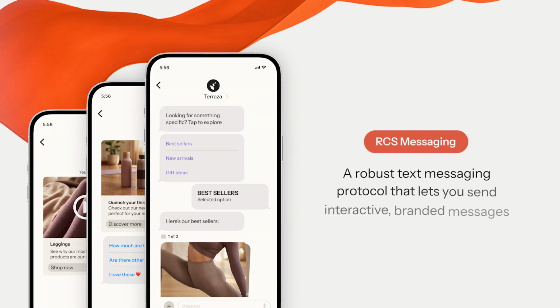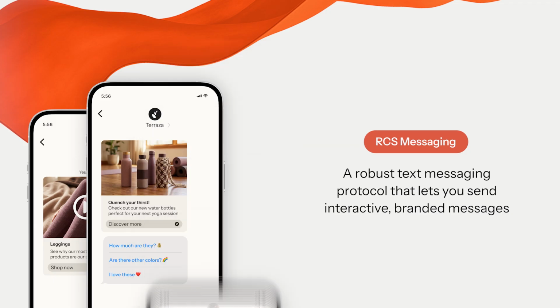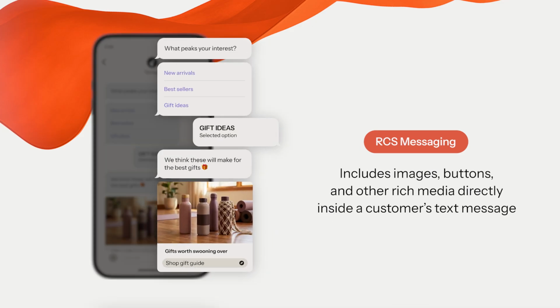RCS messaging is a robust text messaging protocol that lets you send interactive branded messages with images, buttons, and other rich media directly inside a customer's text message. In this tutorial, we will build a single RCS with a rich card. However, you can also send basic RCS messages in Klaviyo too, which are great for time-sensitive alerts that don't benefit